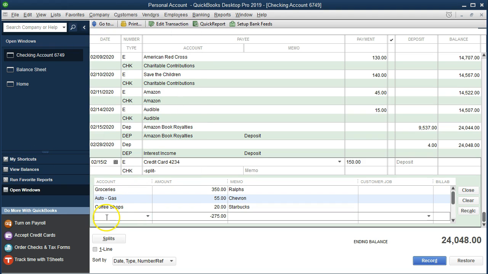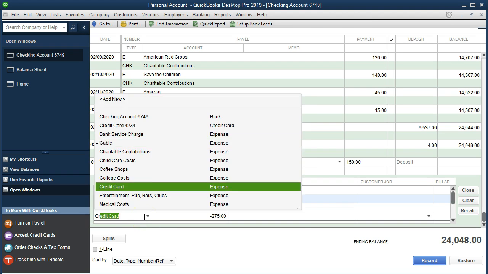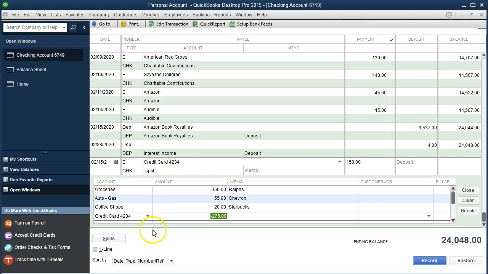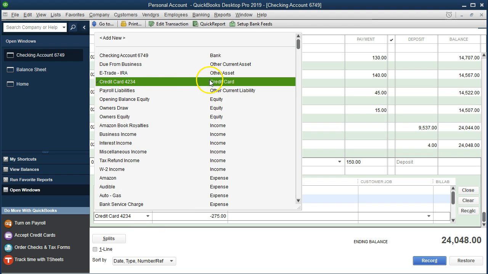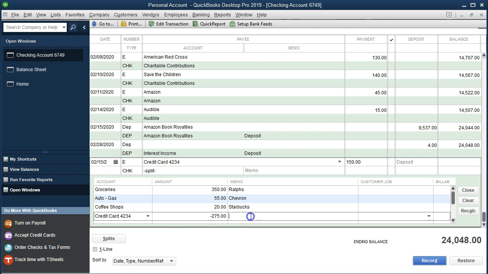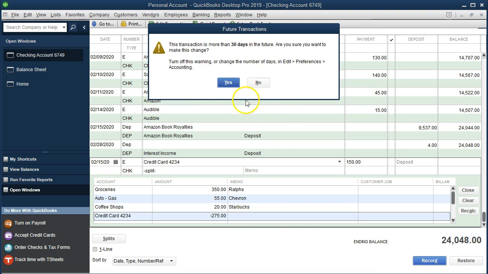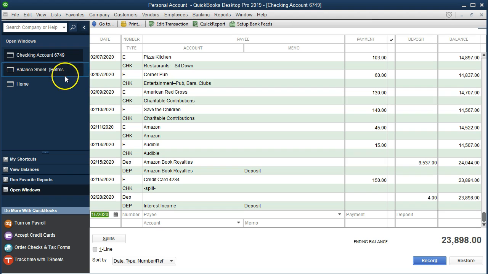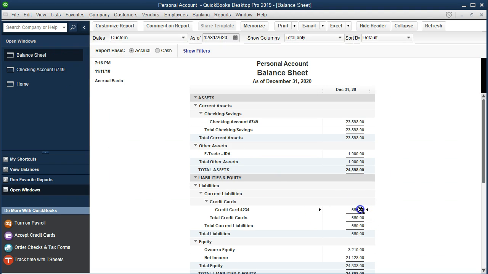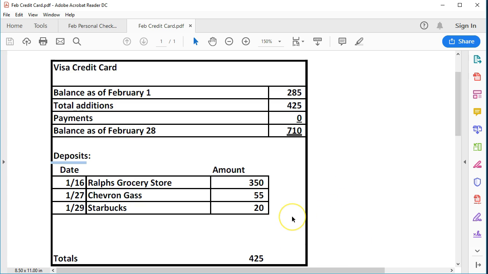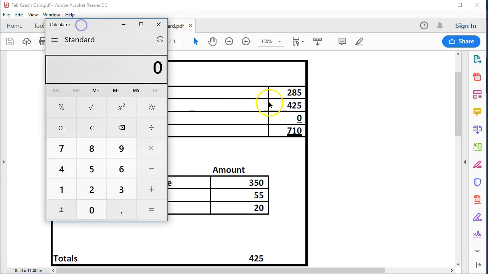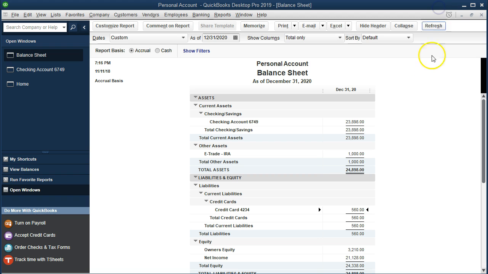Our credit balance is increasing. So that's going to go to the credit card liability account. So credit card, not the expense account, but the liability account. And so there we have that. And then we're going to go ahead and record it, save it. And then if we go back to our balance sheet, then we'll see that the credit card balance went up to 560 because, of course, we owed this 270, and then we owed 710, and we paid 150, so we owe the 560 still on the credit